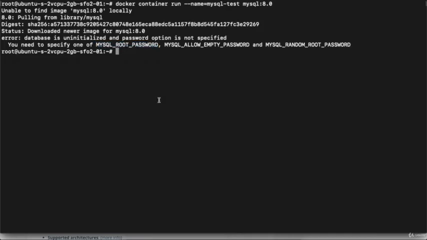So I will execute a command: docker container run --name mysql-test, then define the environment variable with -e and define the MYSQL_ROOT_PASSWORD, right? I will copy this and define it within double quotes.